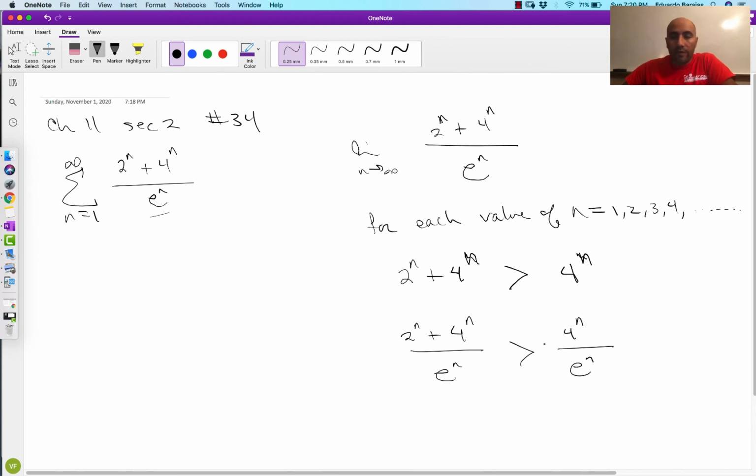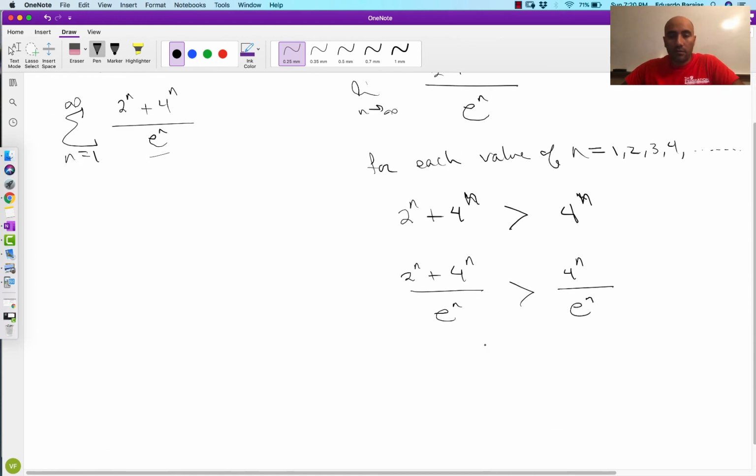Okay, so now if we think about the limit of these things, the limit as n goes to infinity of the one on the left, (2 to the n plus 4 to the n) all over e to the n, must be greater than the limit as n goes to infinity of this one. Since they have the same exponential power of n, I'm just going to rewrite it as 4 over e